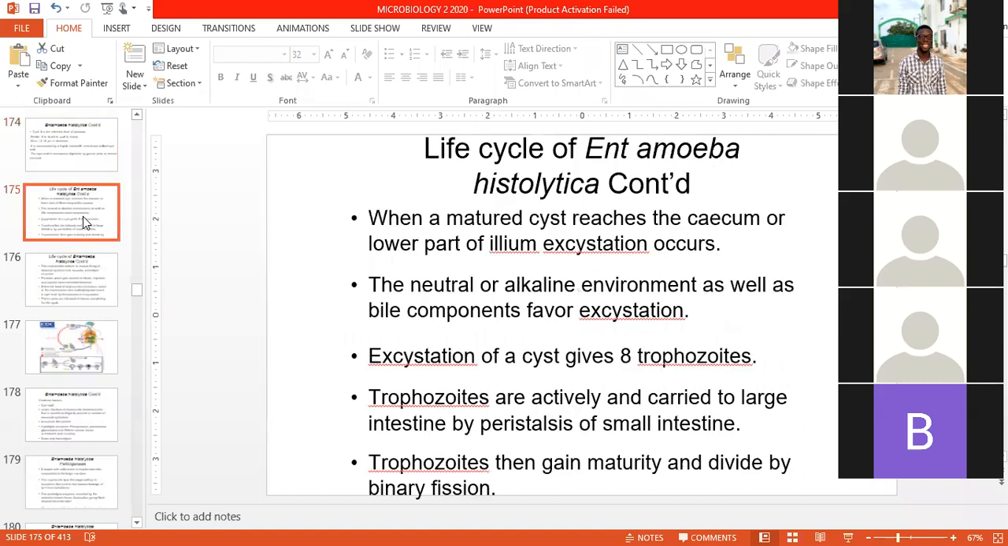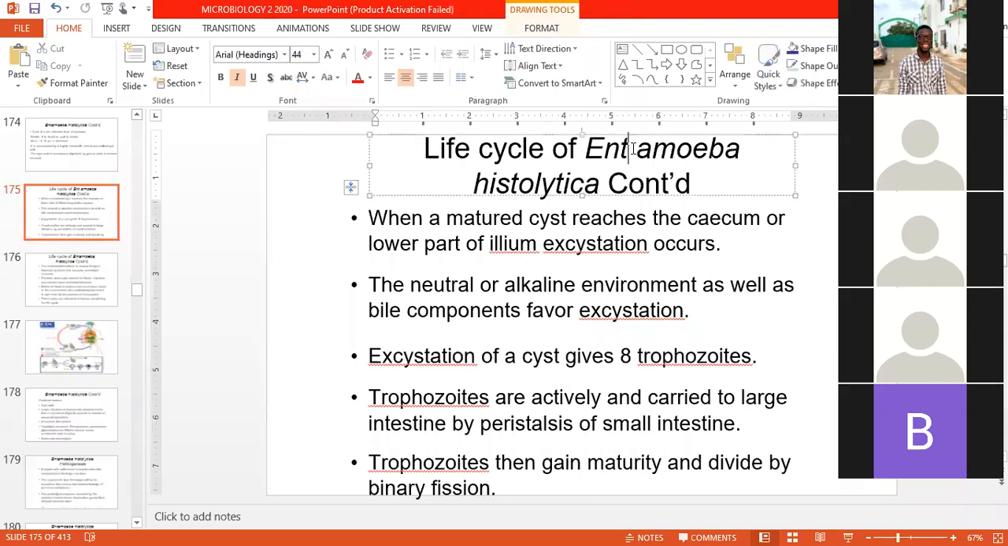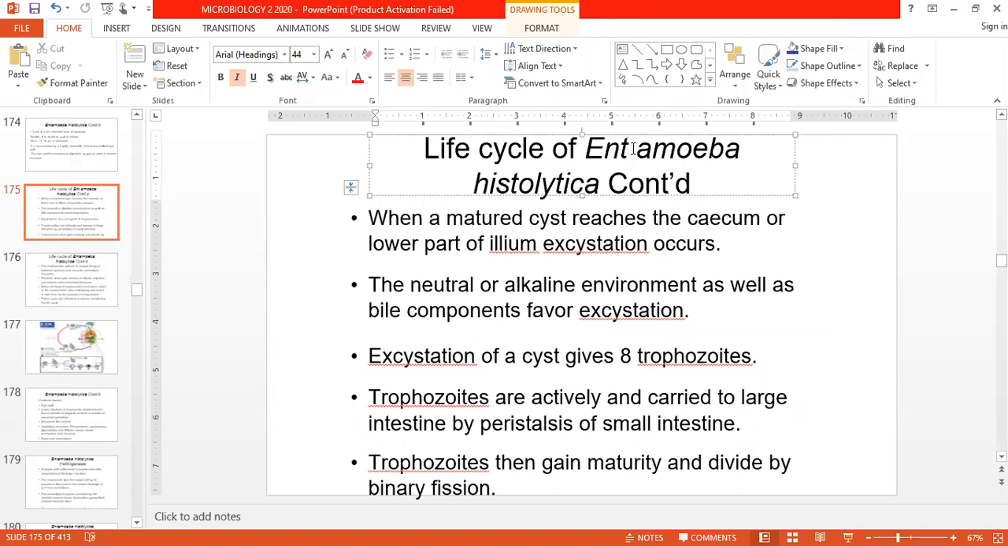So this is what I was explaining. The mode of transmission is through fecal-oral routes. If you ingest food that contains the cyst of E. histolytica, it goes to the stomach for the food to digest. Because of the acidic nature of the stomach, it can't release its contents over there. But when it moves downwards towards the